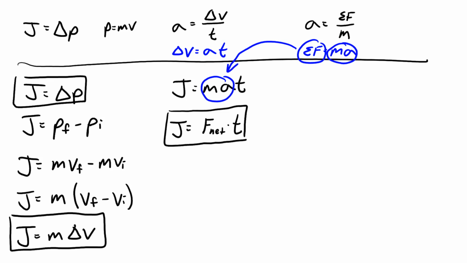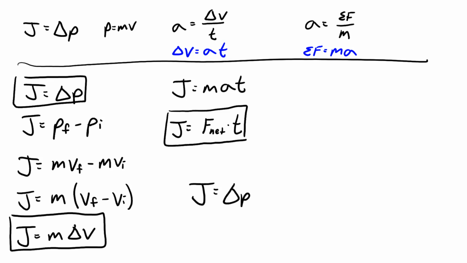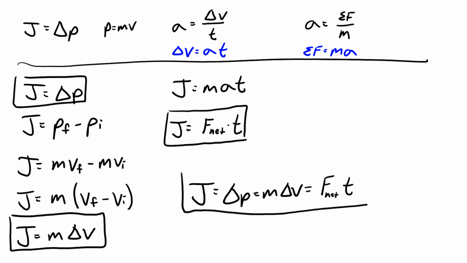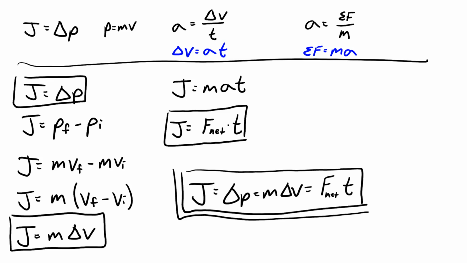So let's just write it out in one nice big line. We could say that the impulse is equal to the change in momentum, which is equal to the mass times the change in the velocity, which is equal to the force, the net force, times the time. And this, my physics friends, is the Impulse-Momentum Theorem, a big, long equation that we could use to solve a